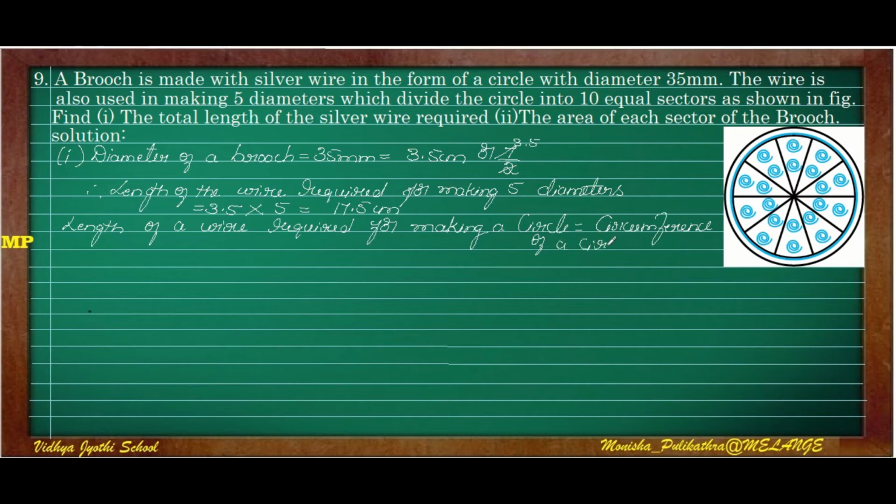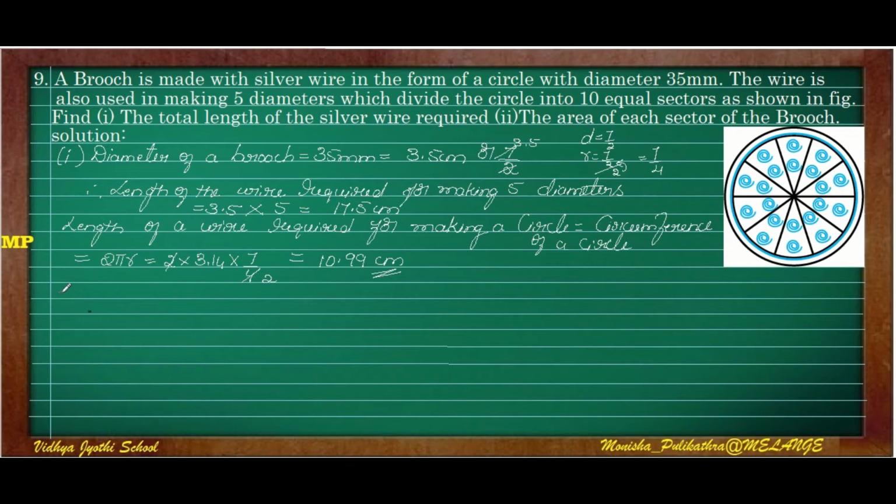And we know that the circumference of a circle is given by the formula 2 pi r. So here this is a diameter. So the diameter is 7 by 2, whereas the radius is half of the diameter. So the radius will become 7 by 4. So 2 into pi, that is 3.14, into 7 by 4 as the radius r. So 2 ones are 2, 2 twos are 4, here we will get 10.99 centimeter. So this is the length of the wire which is transformed into a circle shape.